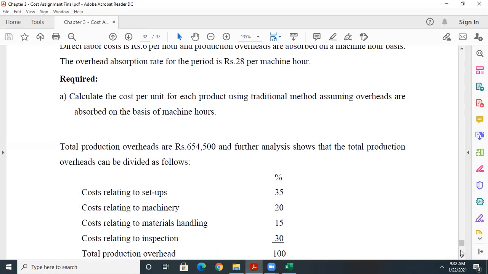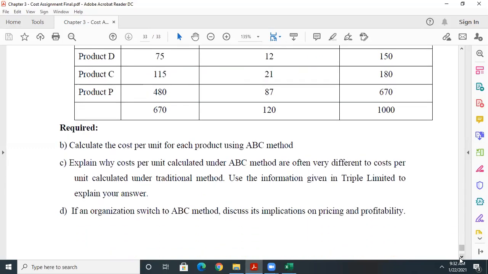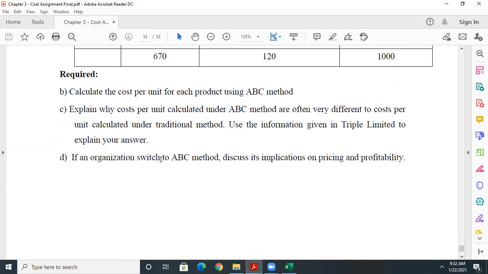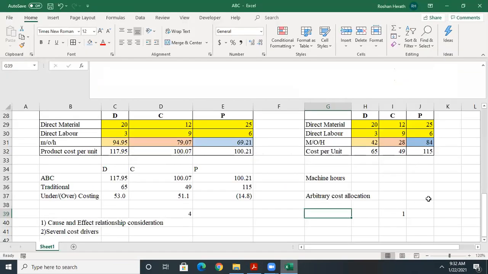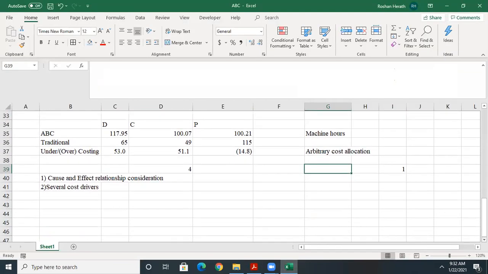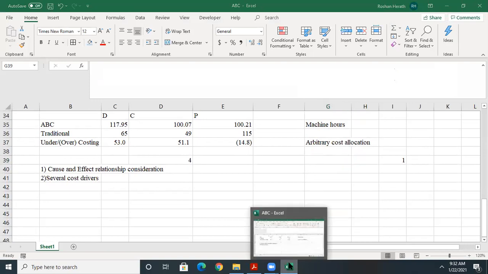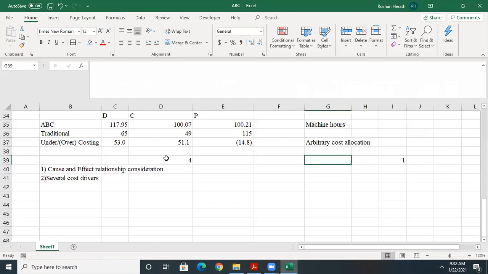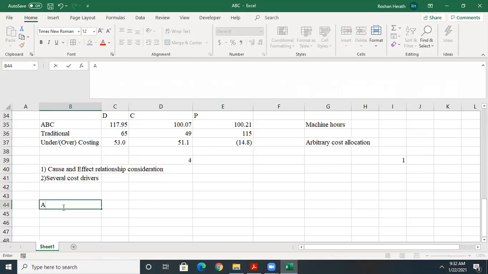Now let's come to the final instance. It says that if an organization switches to the ABC method, discuss its implication on pricing and product profitability. It's obvious, no? In the very first instance, I discussed with you the implication on pricing. If you get accurate costing, it results in accurate pricing, or competitive pricing. You can offer a very competitive price in contrast to the